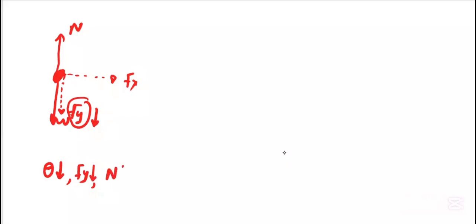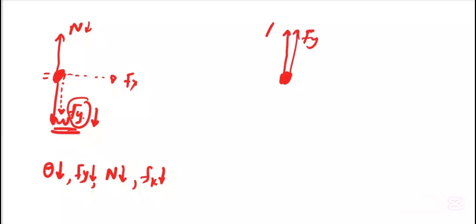So what will happen to the normal force? Since it's in the same direction, to balance that, the normal force must also decrease. So the normal force will decrease. What happens to the frictional force? The frictional force decreases also. Now let's say we have this free body diagram just to make it easy. We have Fy here as a component, we have a normal force, we have a weight here. Now let's say theta is decreased.